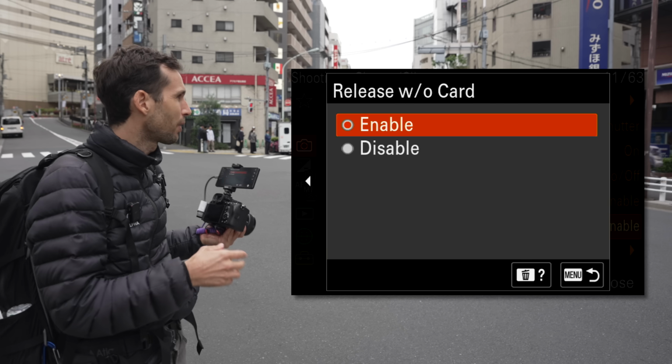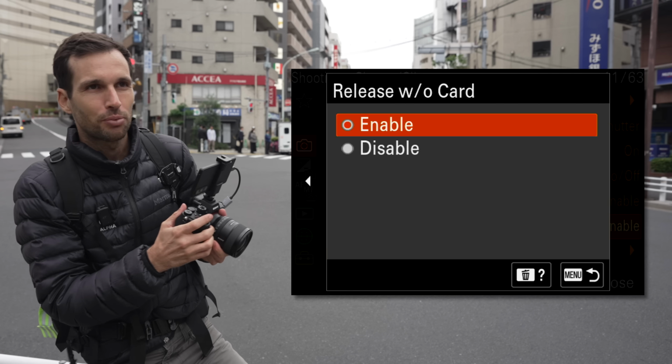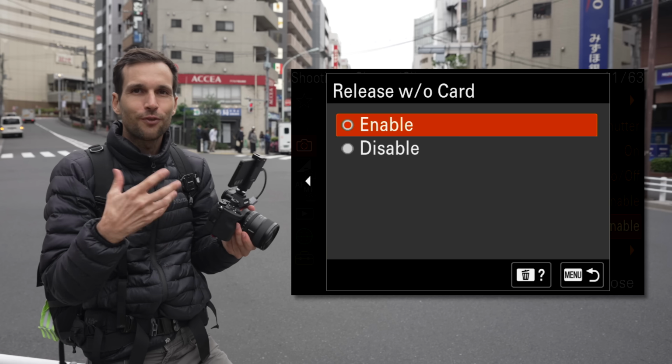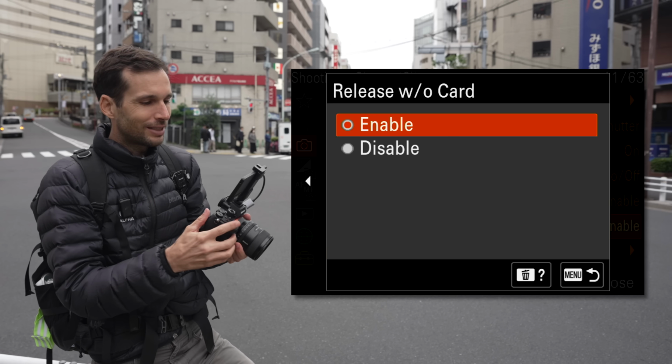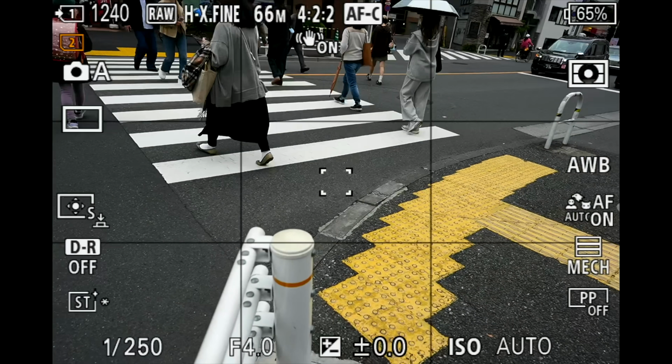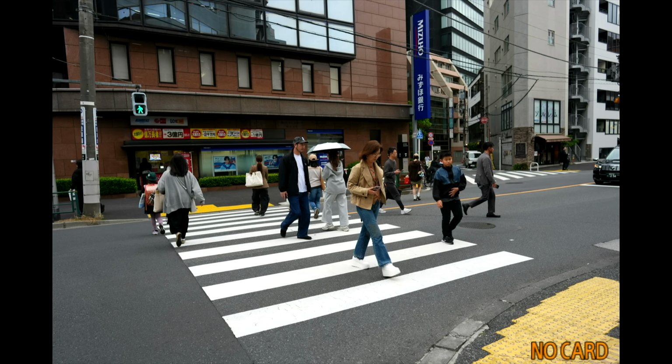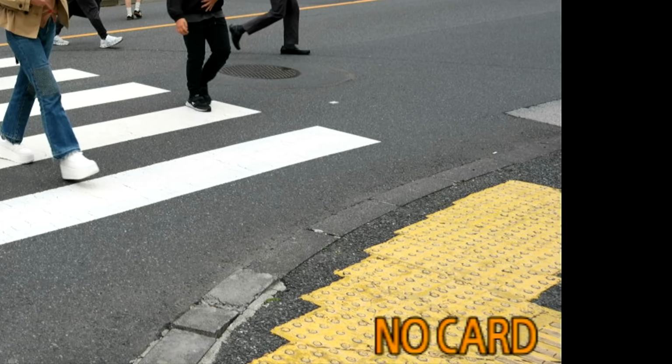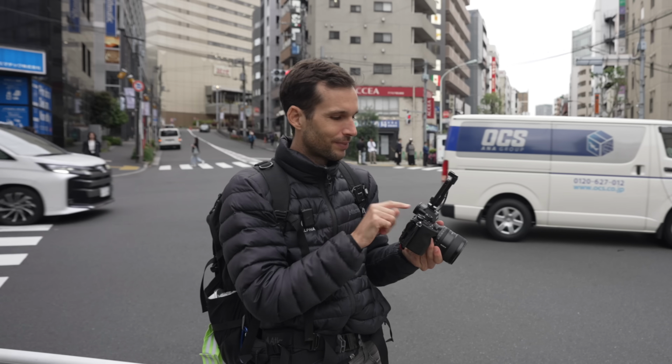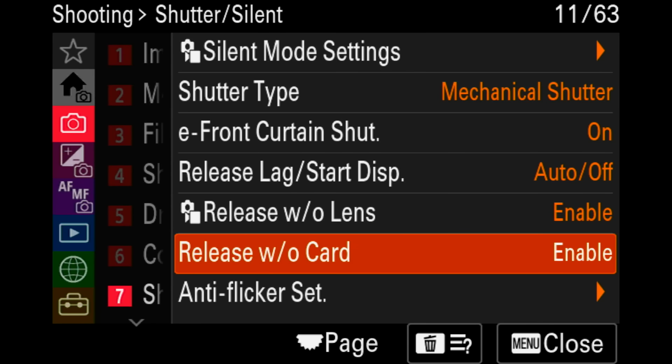Imagine you're here, you're super happy, but you forgot to put a memory card and you start pressing. This will allow you to take photos and you'll think, oh my God, this is great, I'm taking photos, but none of them are going to be, you see? None of them are going to be recorded. You can even see the last photo. There's that little warning, no card at the bottom, but damn, like no one told you that nothing was being